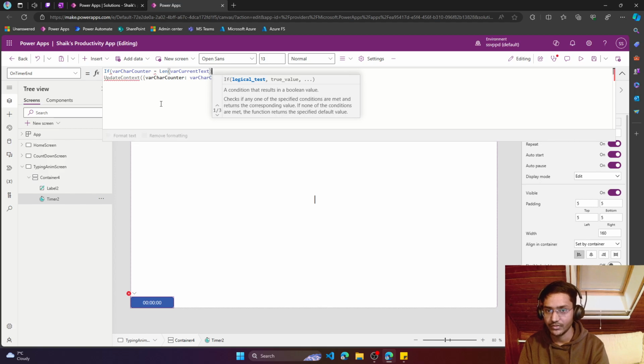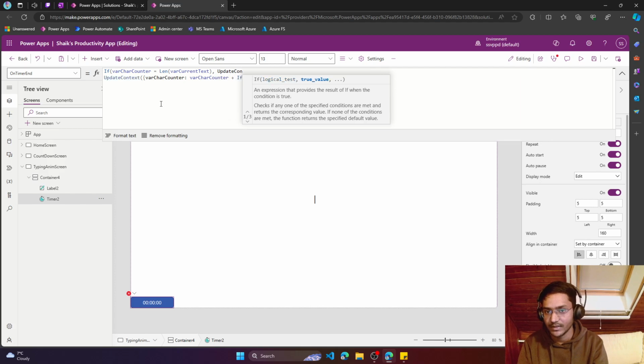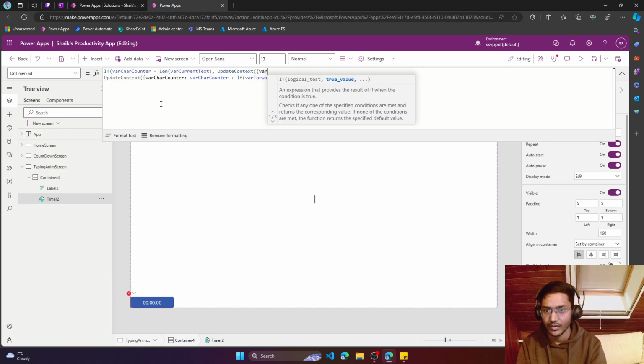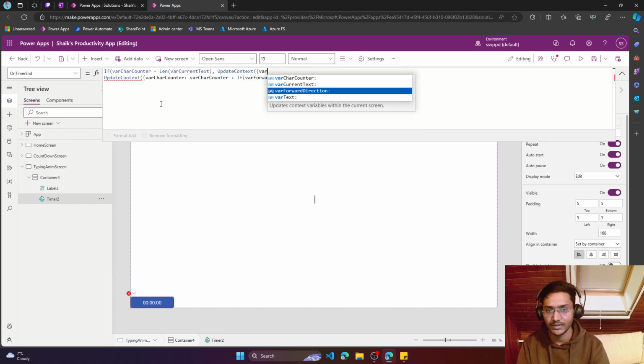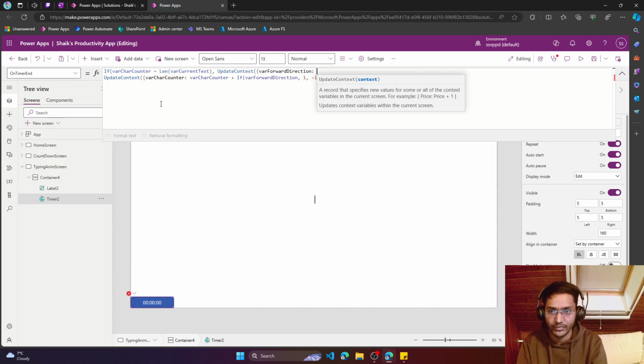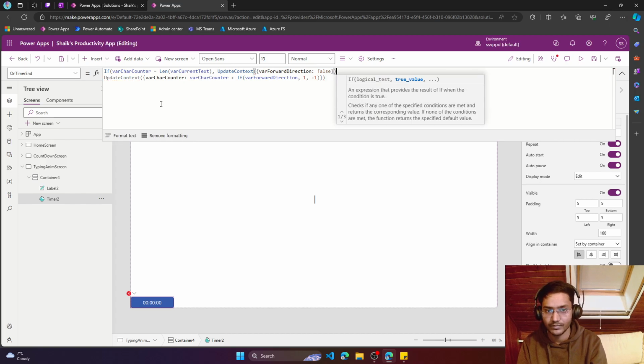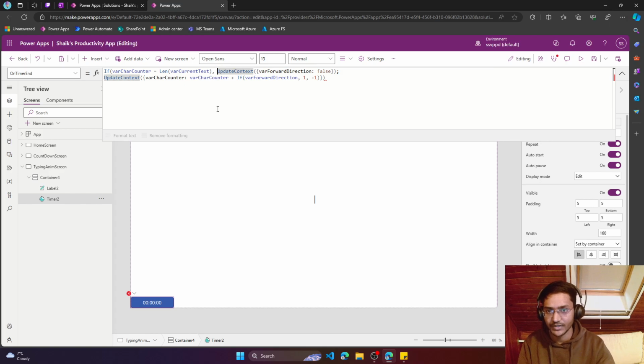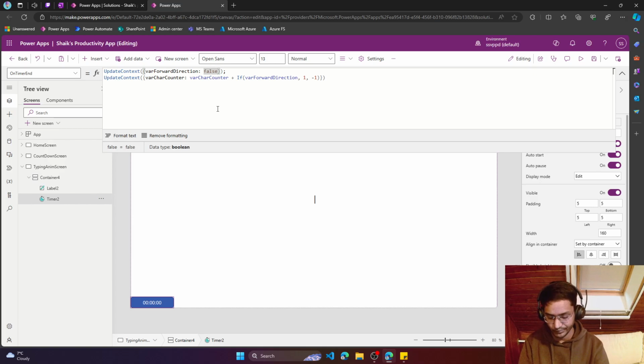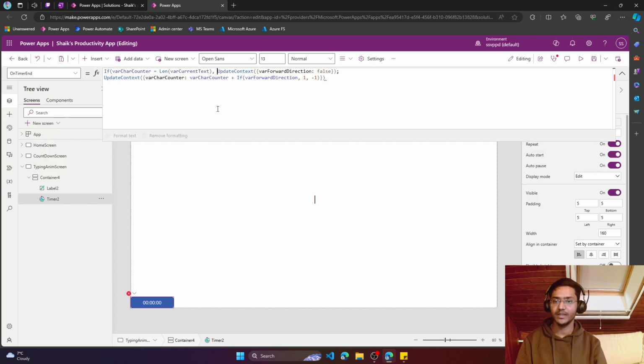So length of the text, if it's equal to this, then update context, var direction. We are going to set this to false. Okay, if the direction is full width, but okay, let's do this first. So we reverse the direction as soon as